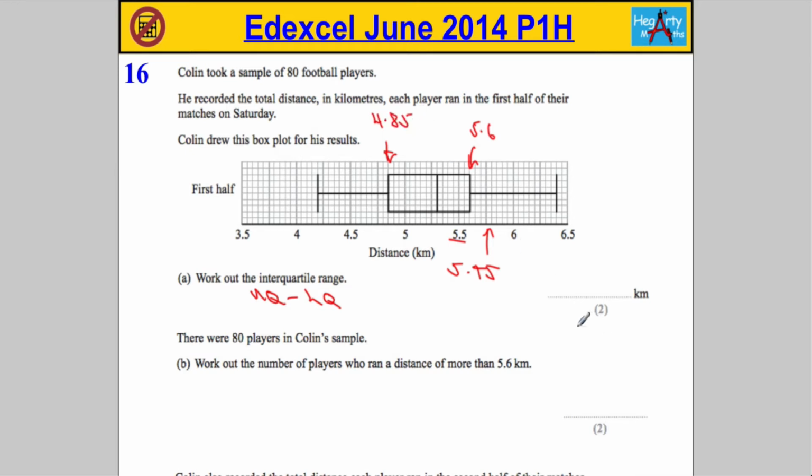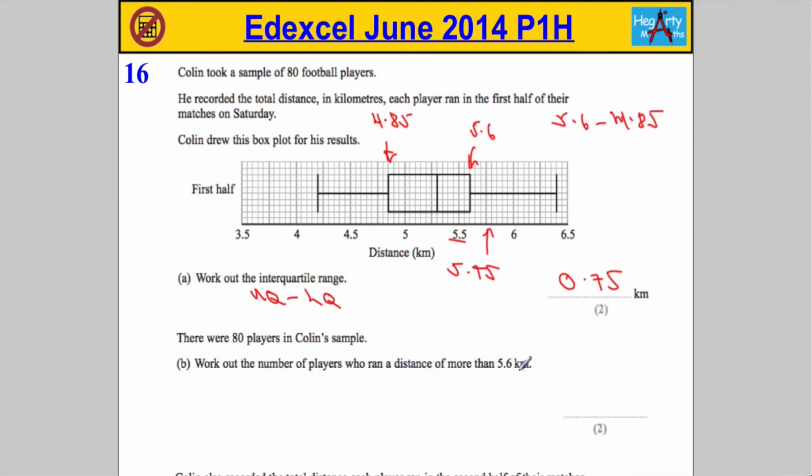So 4.85. So I need to do 5.6 minus 4.85. Counting on is going to be 0.15 plus 0.6 is going to give me 0.75. Okay, second part, we're told that there are 80 players in the sample, and we want the number of